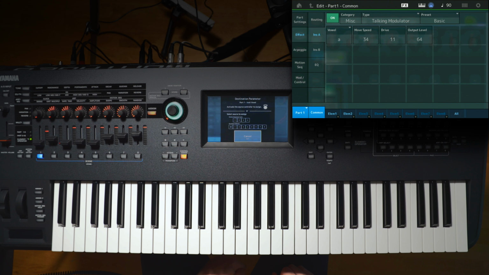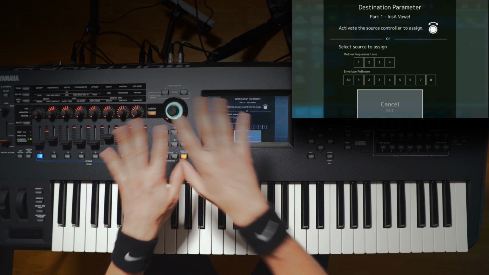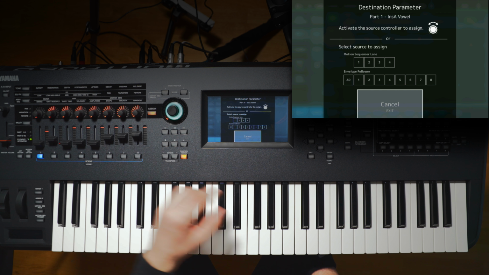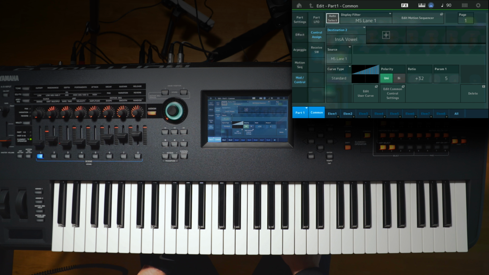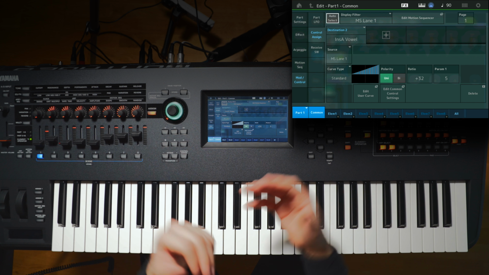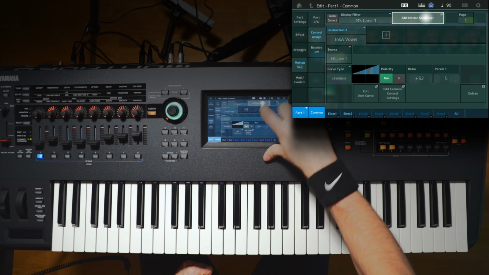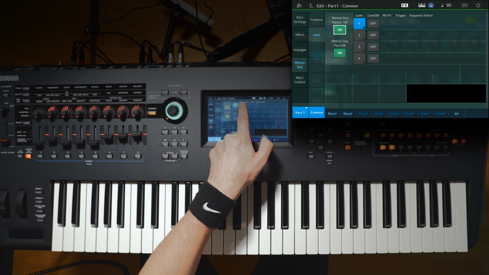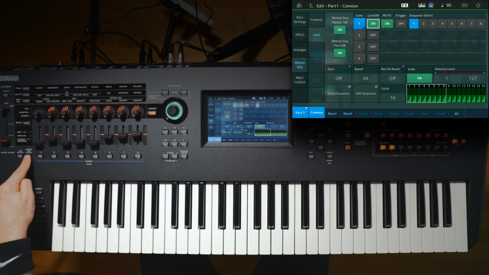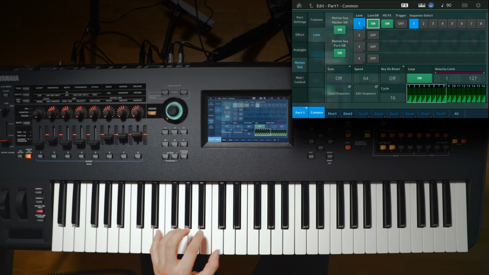Click Control Assign, and as you can see, now I can select my super knob, I can select my assignable knobs right here. Instead, I'm going to go to Motion Sequencer Lane 1, and now it's assigned there. I can go to Edit Motion Sequencer and now activate them. You know, you can also activate it through the button right here. And now,